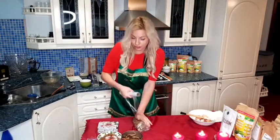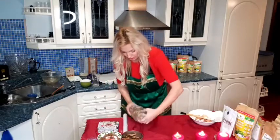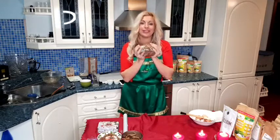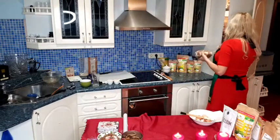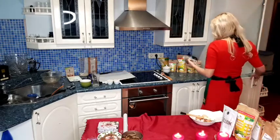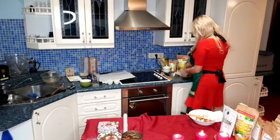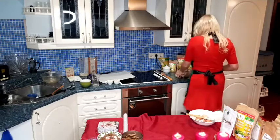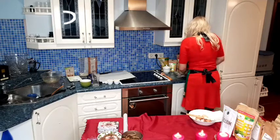But I have good news for you. I put this in the fridge and I take out another one that is ready for you to make the cookies. I did it last night, so it has been here a longer time. And then